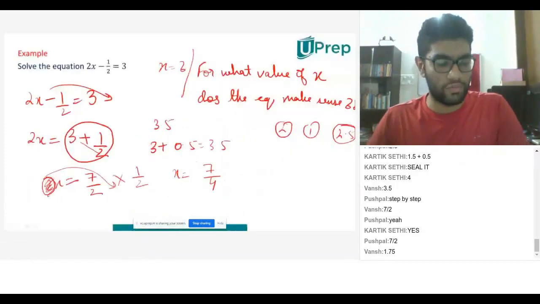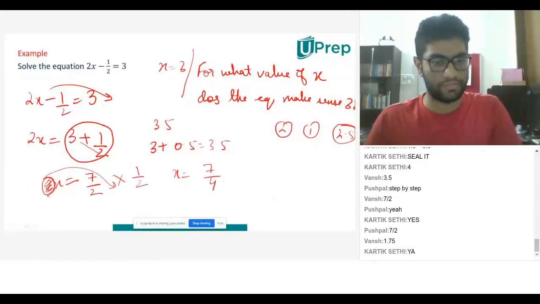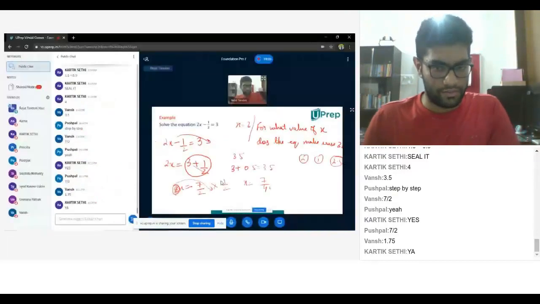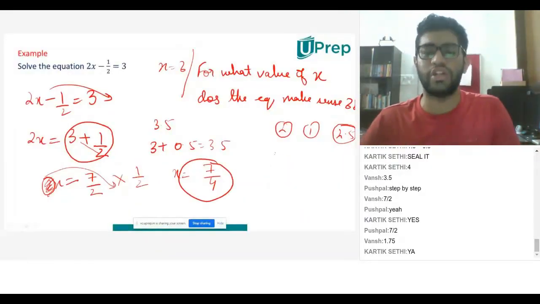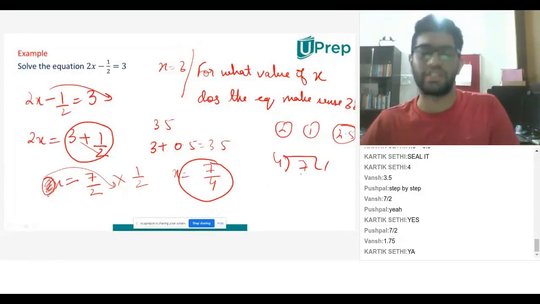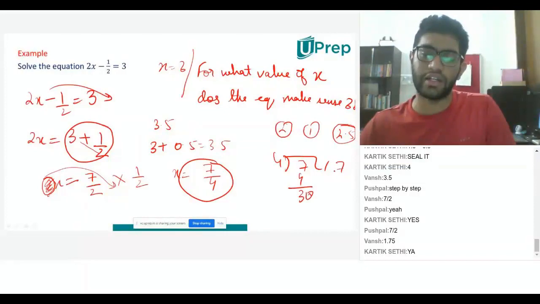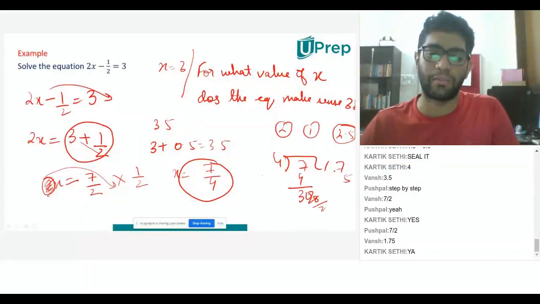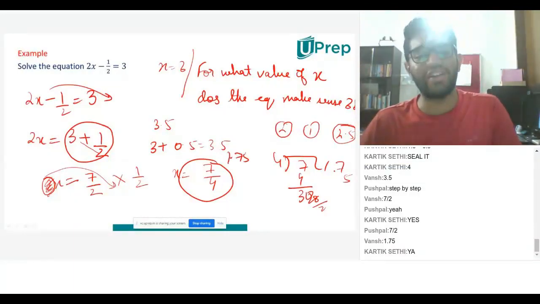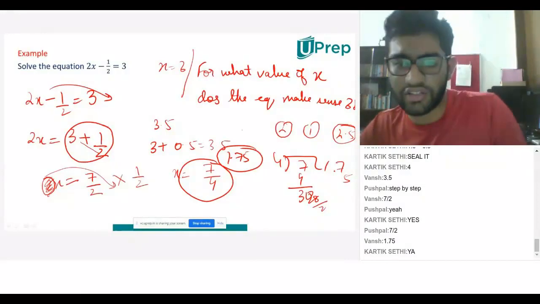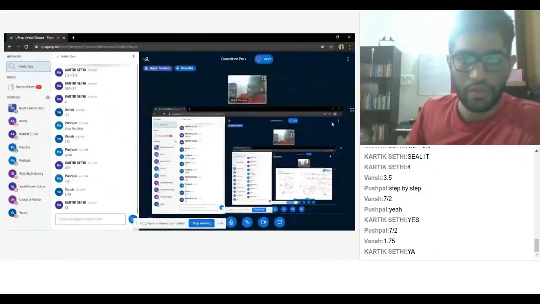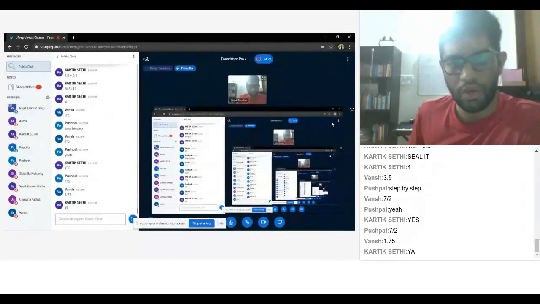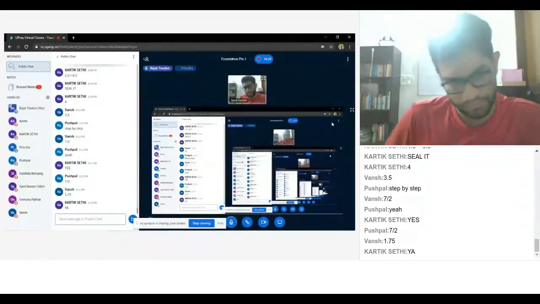Does it make sense now? Now, you can either leave the answer over here, or you can actually do 7 by 4. 4 ones are 4, 3.0, 4 sevens are 28, 2, 5. Someone said 1.75. I am wondering how no one got this answer. You got 2.5. Can you guys tell me what I did? What was the mistake that you made?